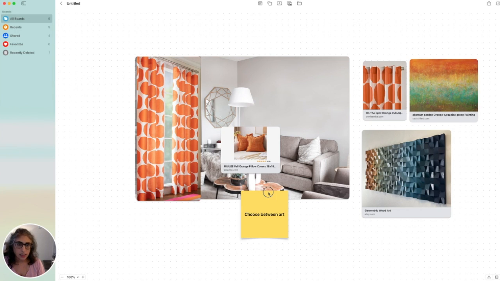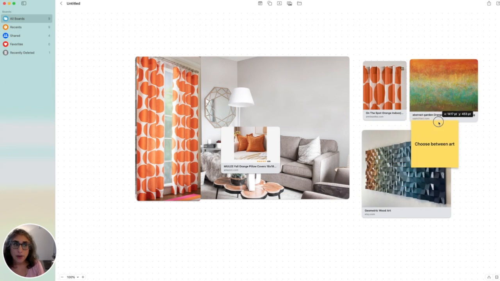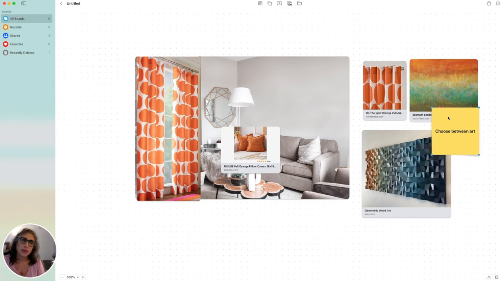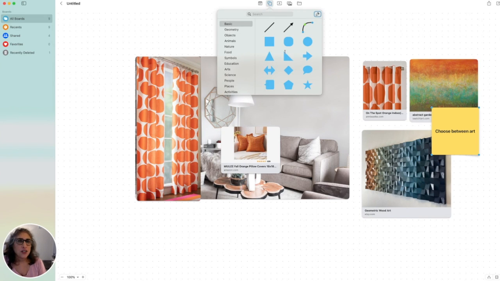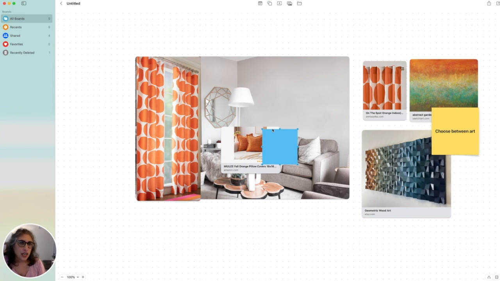And you can leave this because there are collaboration properties in this app as well. So you can leave a sticky note for somebody else that might be using this, sharing your board that you've shared it with, and see what their ideas are. You might leave them instructions to do something, to look up more pillows or more curtains or whatever you need to do. You can also add in a shape,